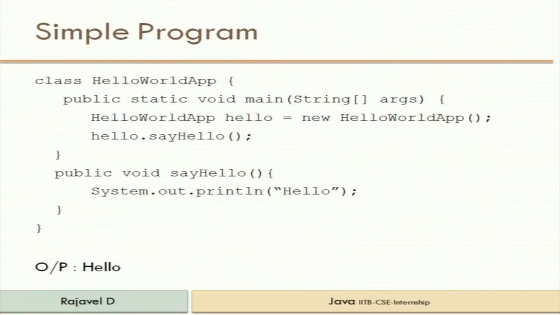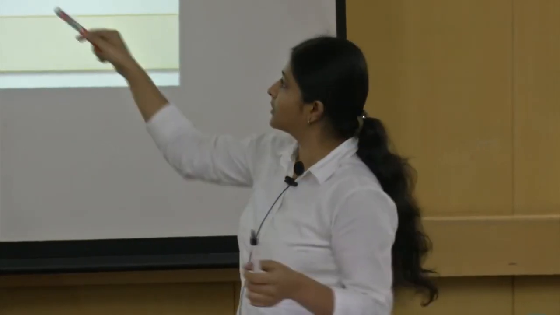This is a simple program to say hello world. What it does is, in the HelloWorld app, hello is an object of this class and then it will be called. When you call the function, sayHello. Okay, this is very basic Java syntax. I think everybody knows it. Can you call the sayHello function without creating an object? Yeah, you can make it static. And also one more thing you can do, you can call it inside the constructor. You can write the System.out.println inside the constructor. Okay, you can do that.